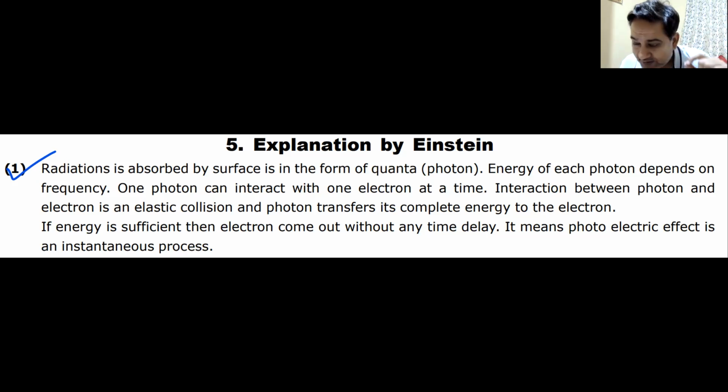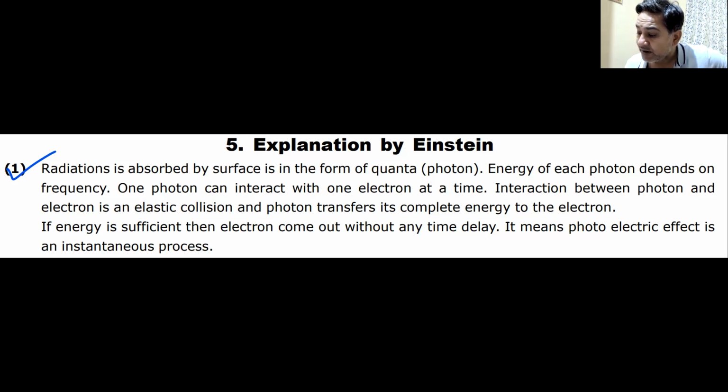Do we understand this? Is it clear to everyone? So this can only be explained by this theory, the particle theory. Since it is an instantaneous process, it is explained by the particle theory. The next thing, again, is an explanation